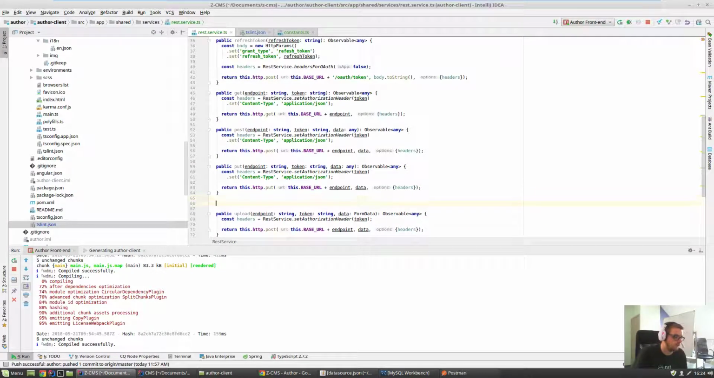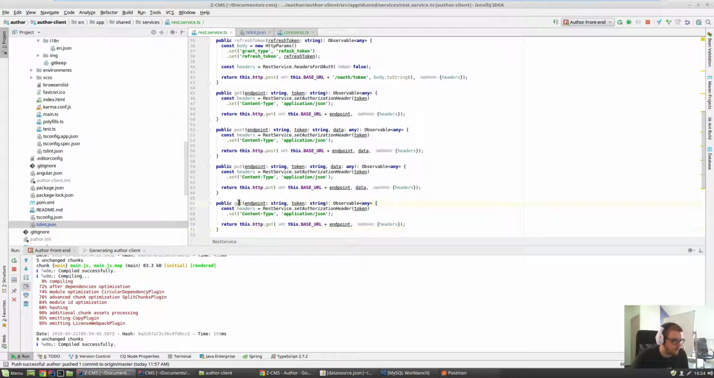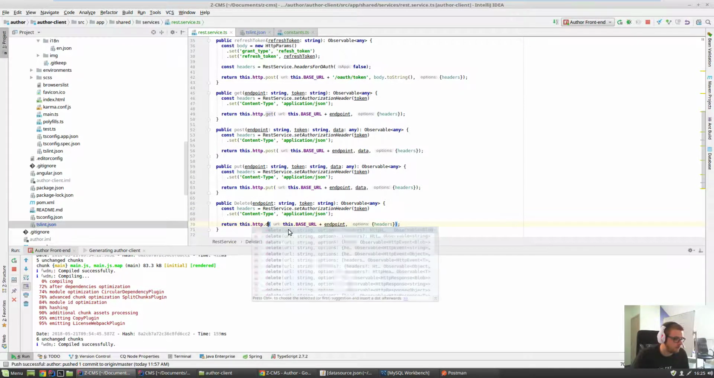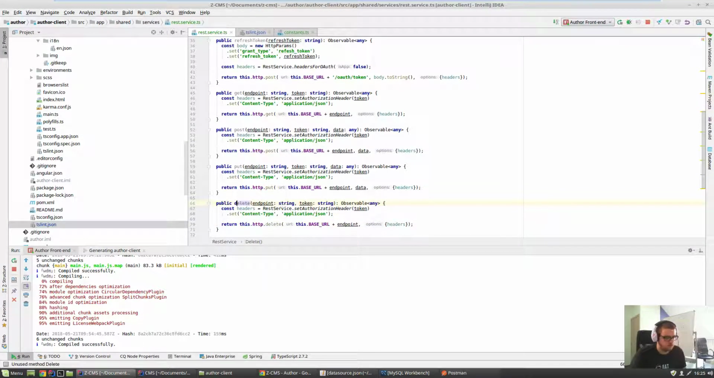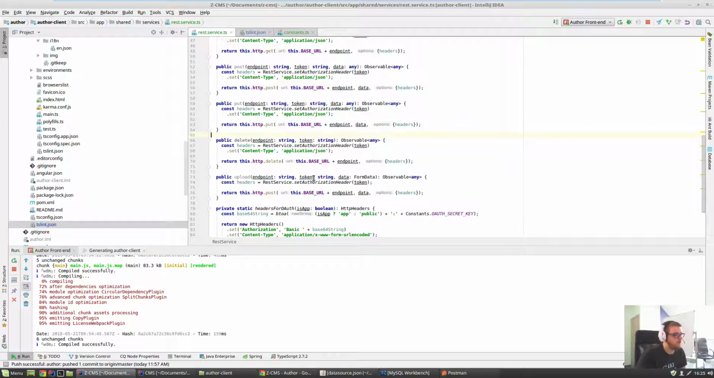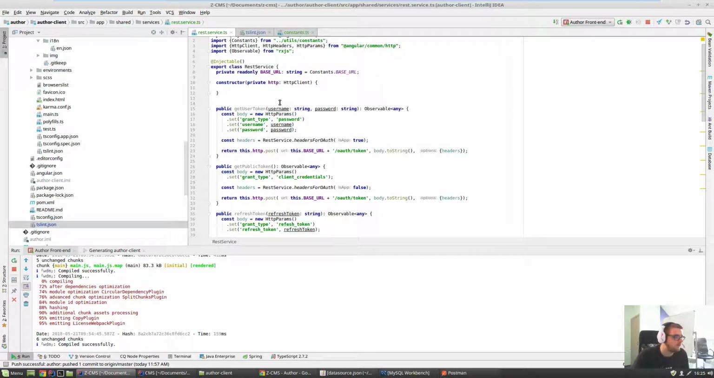And then we have a delete, which is almost the same as the get, but we need to have delete with a capital because of reserved words. And then here is delete. Oh, okay. So that's our REST service, which is basically a wrapper around HTTP, and so methods to get the